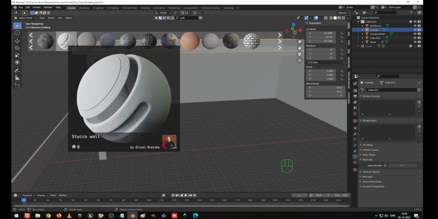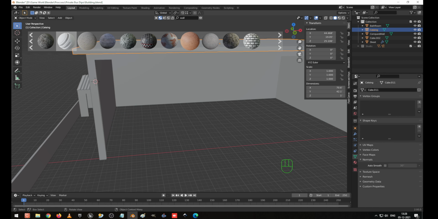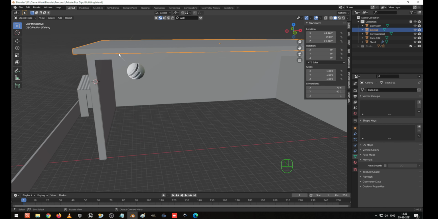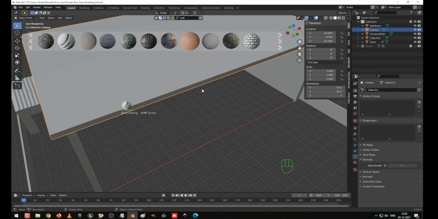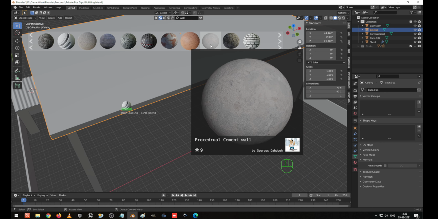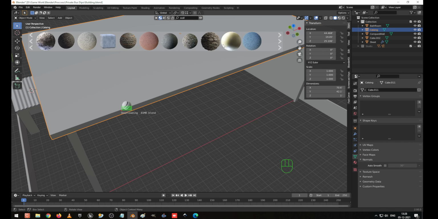Okay, yeah, this looks good, I feel. And this one I'm going to put for this, so that is okay for the wall. And this one also looks nice, it's an old thing.